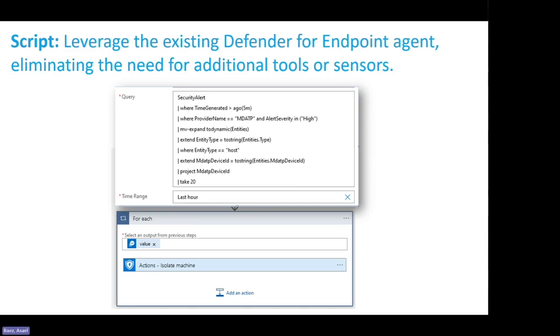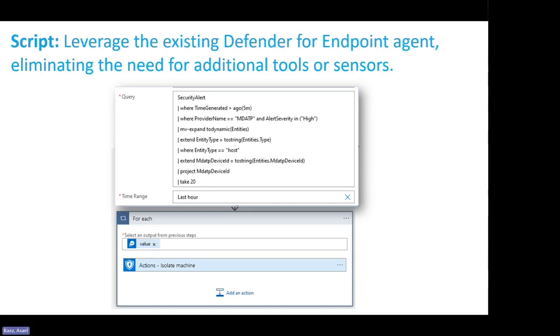So basically, here it says 5 minutes ago, any device that has a high alert, so a high alert attached to a host, then all the way to 20 devices in the last hour, isolate.